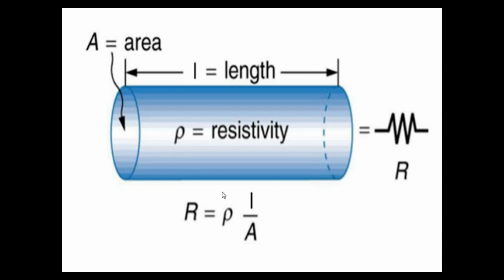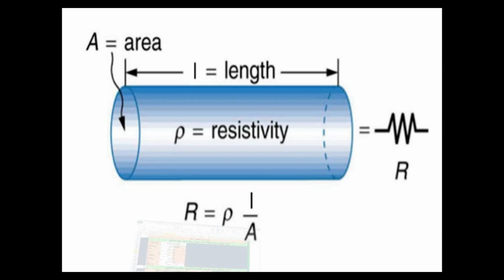Now, from this basic formula, you can understand one thing. If this A value, which is the cross-sectional area, increases, the resistance of the conductor will decrease. So it means if the conductor becomes thicker, the resistance will be less. Now if this A value decreases, if this conductor becomes thinner, then the resistance will be higher. Because from this formula, as you can see, A is in the denominator. So if A is increasing, R will be decreasing. If A is decreasing, R will be increasing. So I guess this concept is clear. Now we will go to the cable sizing topic.